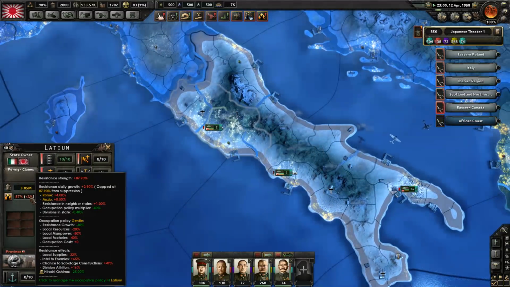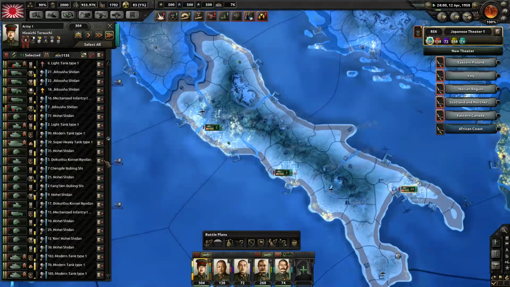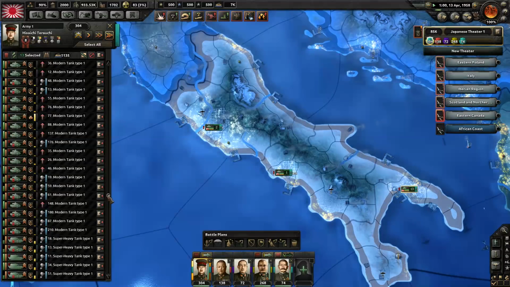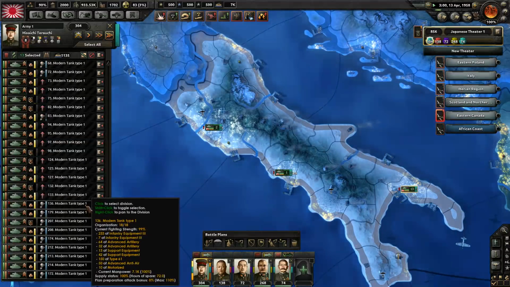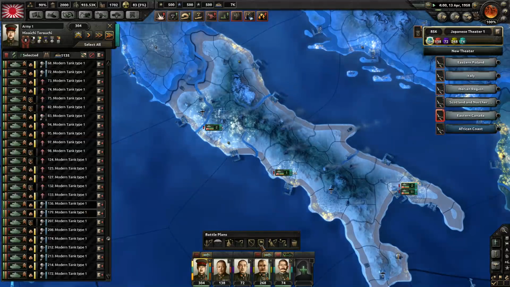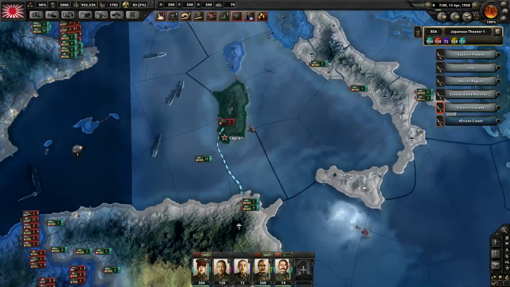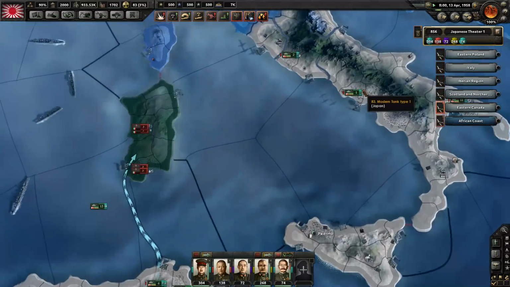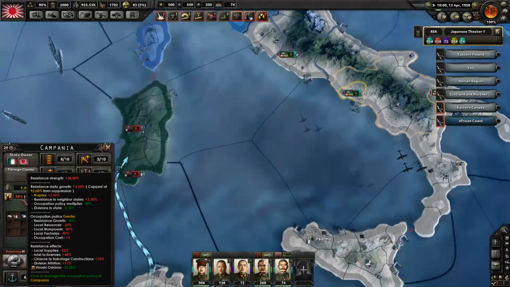Okay, well it's gone down, but it's still not enough. I'll have to send another one. Tanks aren't the best for suppression. Actually, I'll have to send 2, I think. It's a major country, a major city, so we need to provide it with the right kind of occupation. Over here, still not enough. But if we got rid of the...